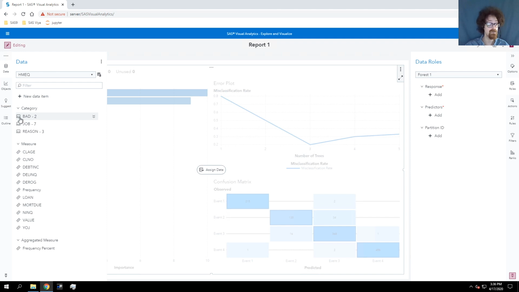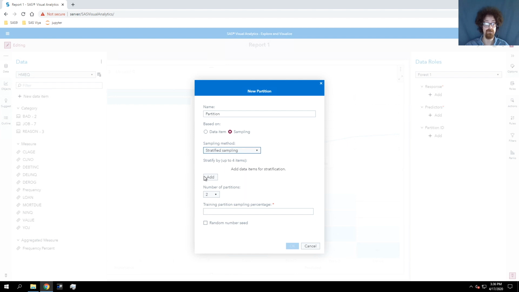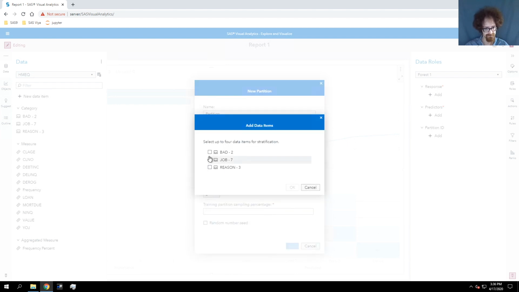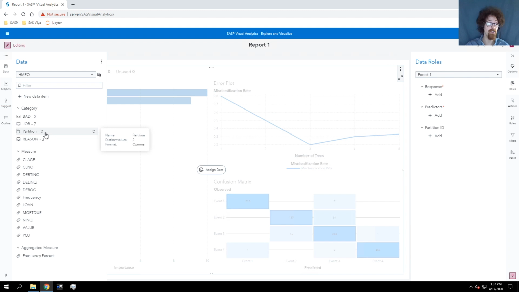In addition to doing this, we want to add a partition variable. So I'll click New Data Item, Partition. I want to generate a partition based on sampling, but I don't want to do a simple random sample. I want to do a stratified sample. I want to stratify based on the target, binary applicant default. I want to have equal proportion of the target in the training data as in the validation data. For our training data, we'll use 70%, and I may as well include a random number seed. Well, I'll let the software choose its own random number seed, actually. I'll go ahead and click OK. Notice I now have a new variable named partition,